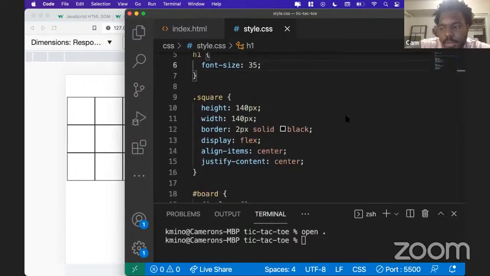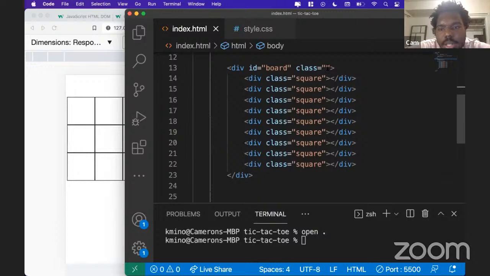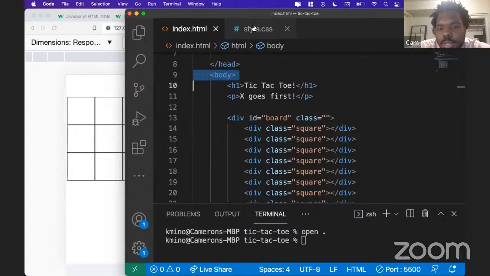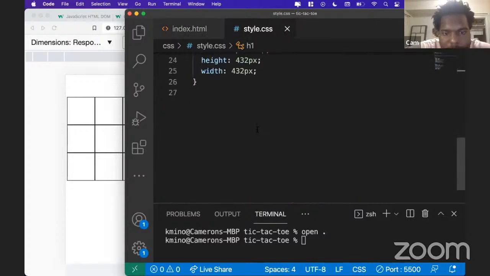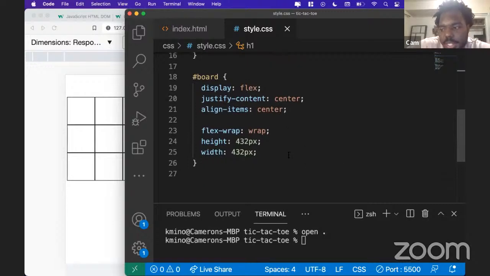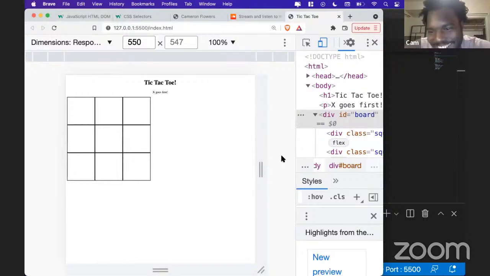I'm trying to think what I might want to do to center this drawing. So here I got the board, and I'm giving the board kind of its own elements here. Got display flex, justify-content center, align-items, we're aligning the items to the center as well. I wonder, yeah, I don't want to take up too much more of y'all's time just tweaking with the CSS,